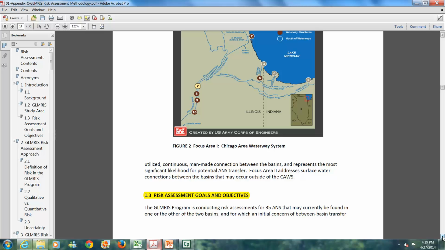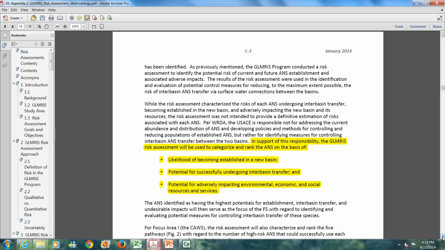If I was king of the world, everyone would use the language the way I would like it to be used. I'm not king of the world, and I'm not likely to become king of the world anytime soon. So everyone does this a little bit differently, but you can see they list their goals and objectives, and down